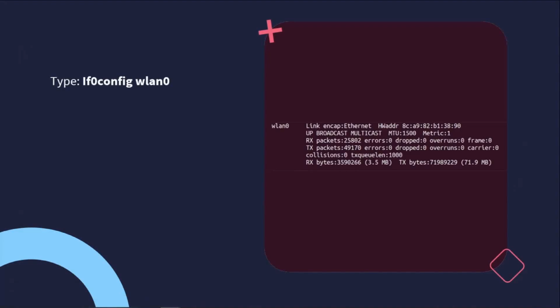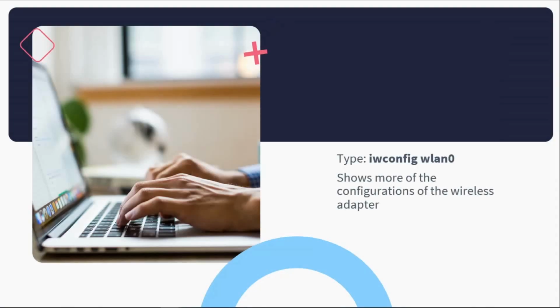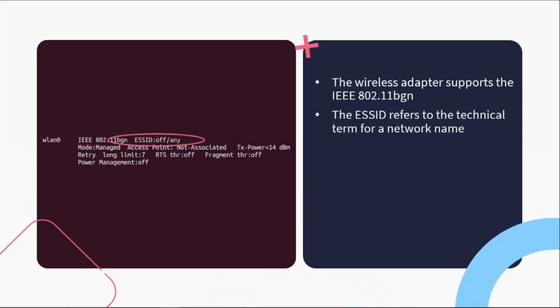On our virtual laptop, you can see the MAC address for the laptop. Note that there is no IP address. Type in the following command to show more of the configuration of the wireless adapter. The information you will see is the supporting wireless adapter. This refers to the technical term for a network name, such as the name of the Wi-Fi network, such as